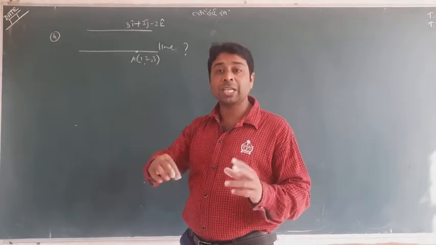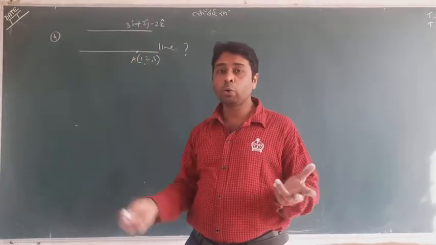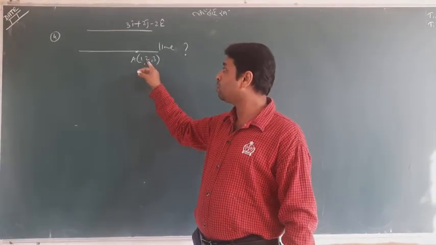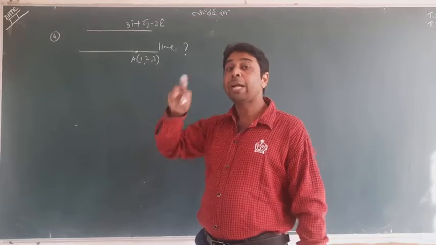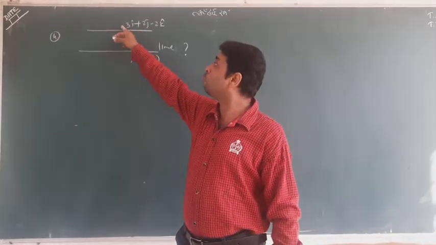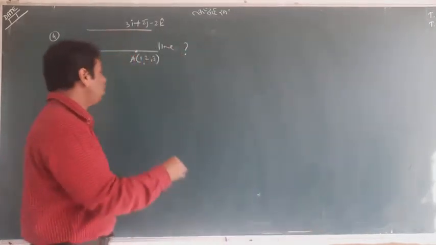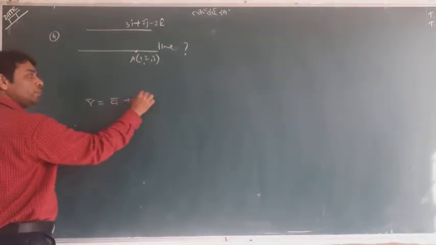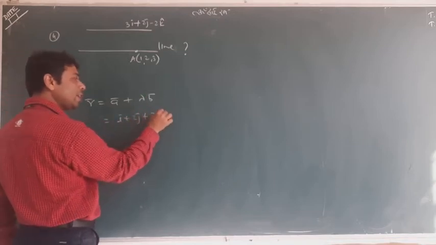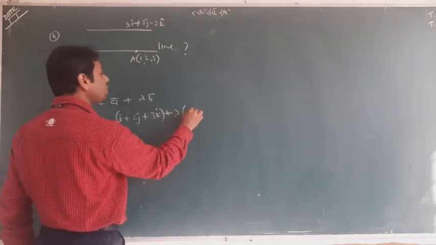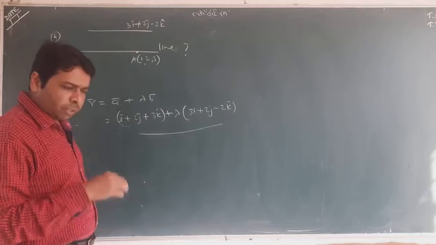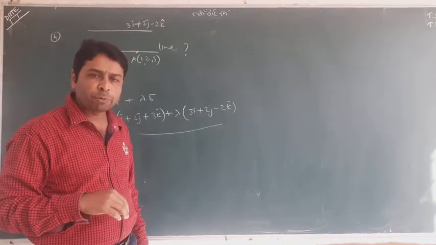So this is very interesting now. It is b, it is your a. You can go r equal to a plus lambda b. So a equals i plus 2j plus 3k, through which the line passes, and b is a ratio vector which always keeps it parallel. b equals 3i plus 2j minus 2k. Put the values and get the answer. r equals i plus 2j plus 3k plus lambda times 3i. I did not complete the question with the full method. You have to write it on your own.